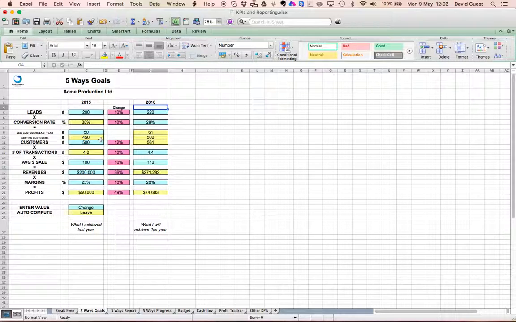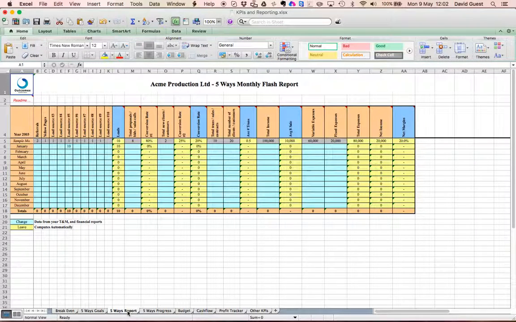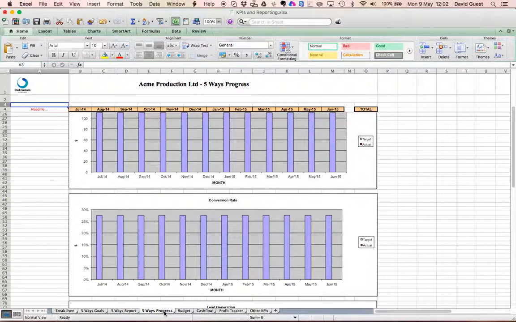Now once again, it's a model. So you may not get this perfect, but it's going to give us a sense of where we're going to focus and where we want to do the changes within our business. So these 5-way goals are then going to be replicated, and they're going to be replicated into 5 ways progress,